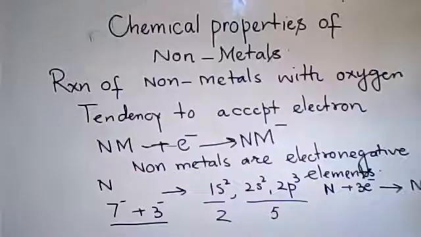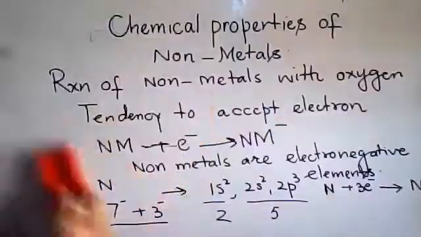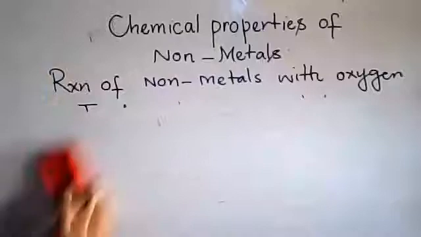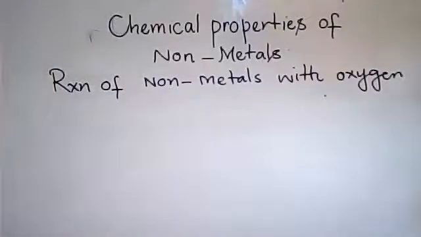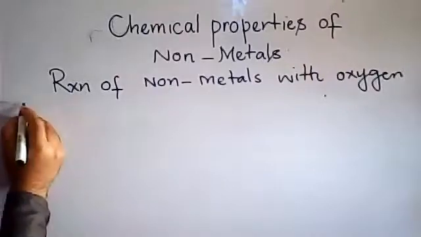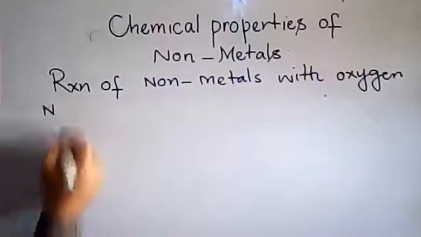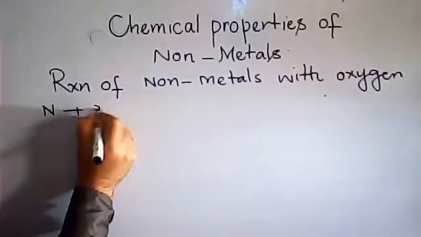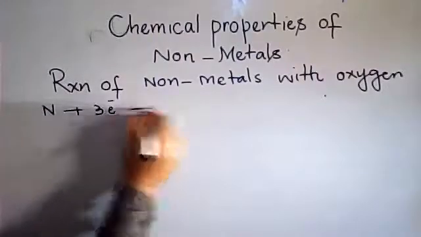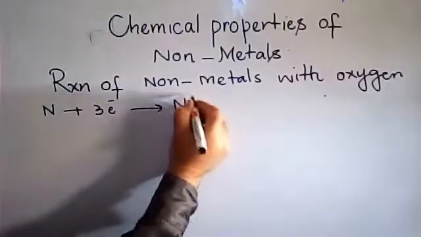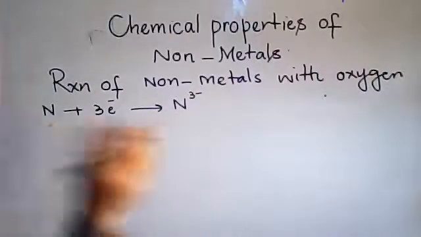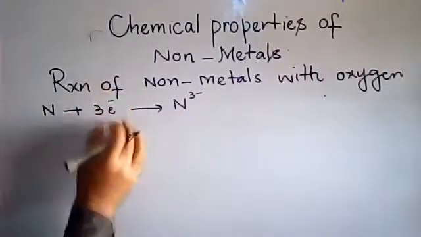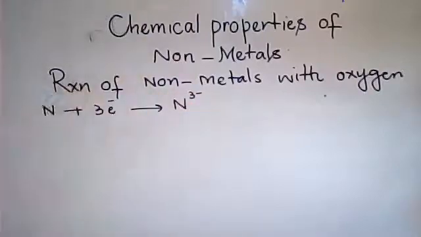Now see, another atom. I'm writing again. So see, say we are having nitrogen. This nitrogen will accept 3 electrons to complete its octet, and it will get 3 negative charge. Okay, dear, this is complete. Its octet is completed by accepting 3 electrons. It will get 3 negative charge.